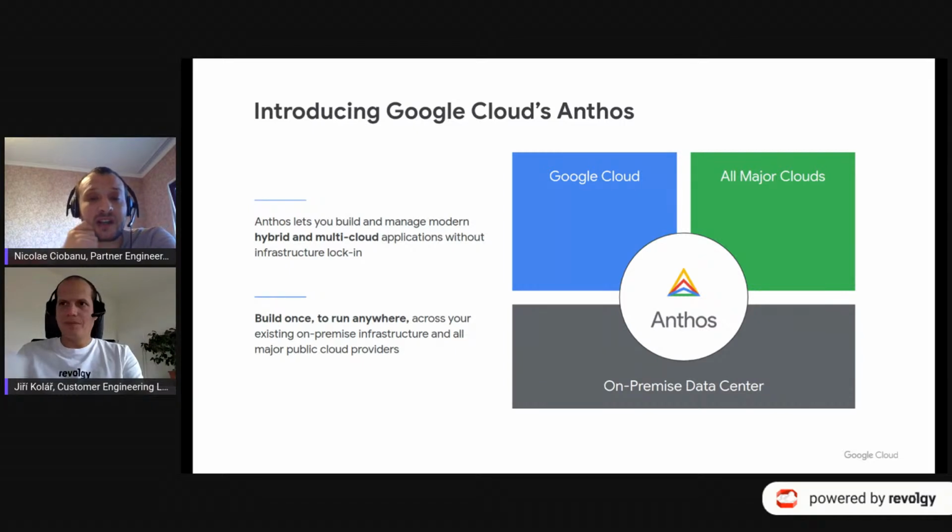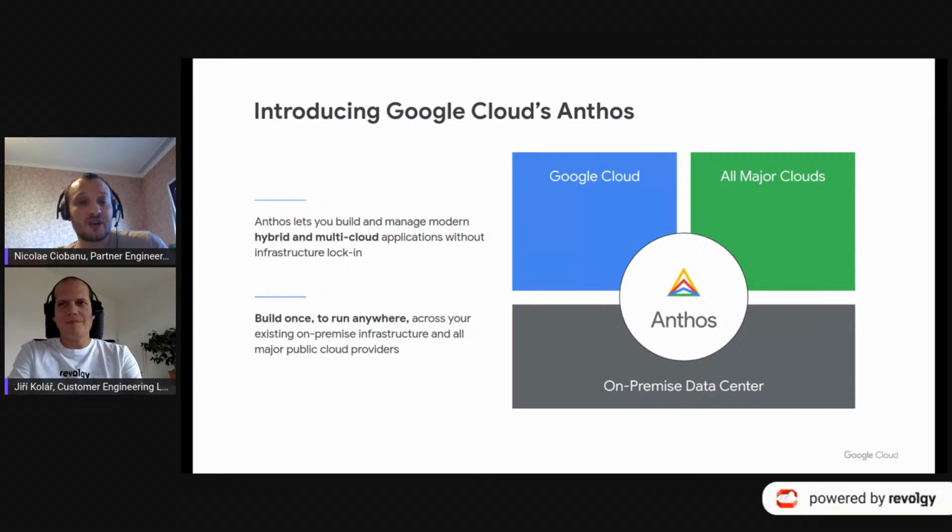So everyone in IT is familiar with these three trade-offs because they have been making them for decades. Anthos, it's a different kind of hybrid cloud. So it overcomes some of these trade-offs. So you don't have to compromise between agility and reliability, or between choice and consistency.